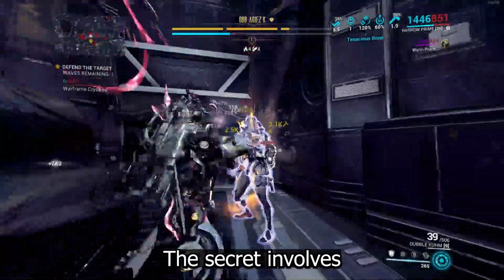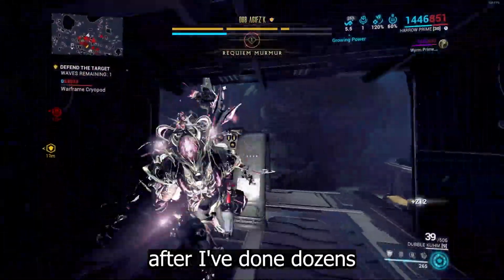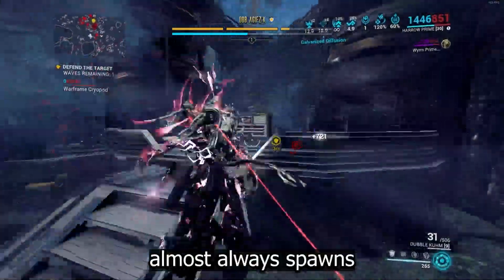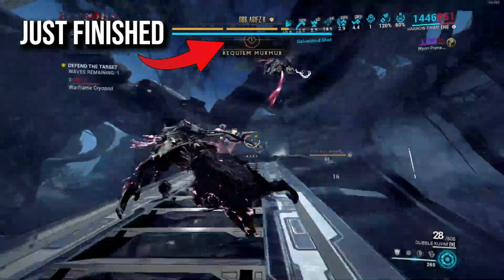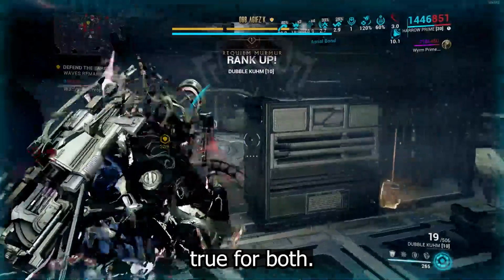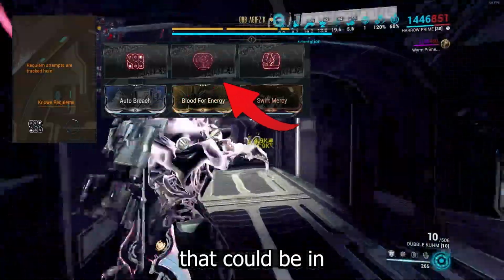The secret involves the actual testing of your Requiem mods. Basically, after I've done dozens and dozens of hunts, I realized that your Lich or Sister almost always spawns in the same mission that you complete your Murmur. And even though Liches and Sisters are different, it ended up being true for both. That Murmur will reveal one of the Requiem mods that could be in any of the 3